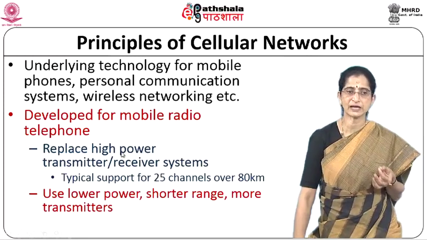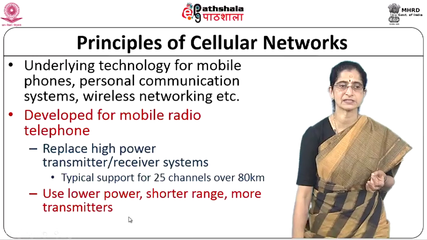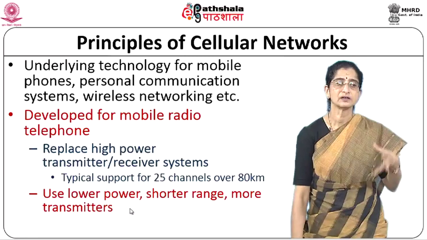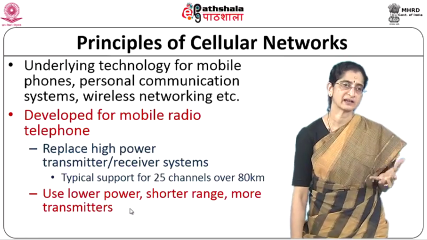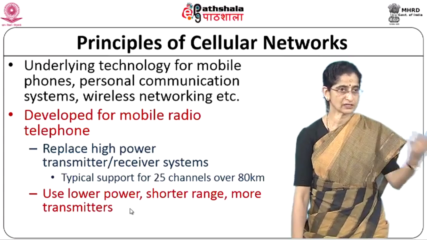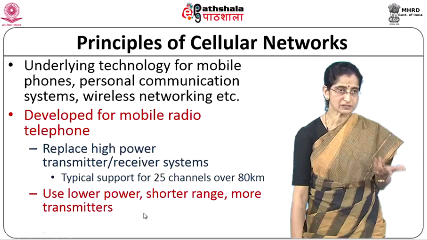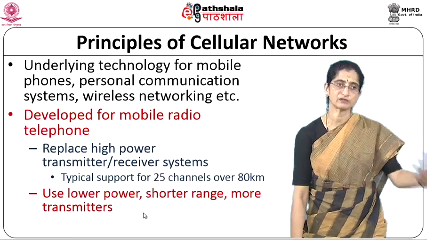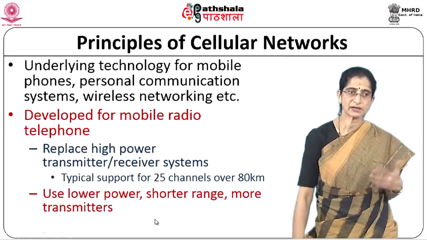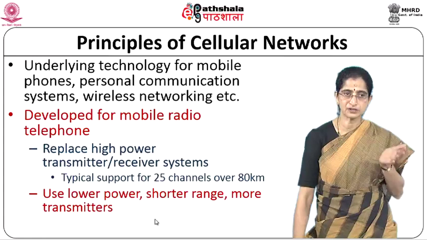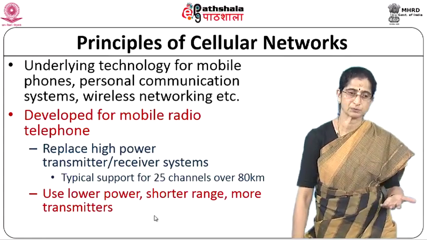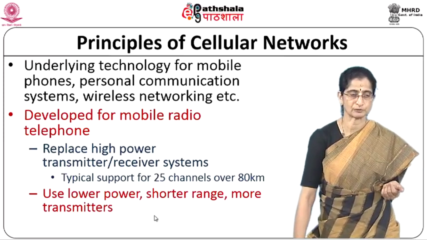The reason we are talking about high power versus low power transmitters is that initially when they started off with wireless networking, you had one single huge transmitter for an entire area like a city and all receivers were connecting to that one single transmitter in order to transmit data to each other. Obviously this was not a very viable solution because you needed a lot of power to be able to communicate with that central device. Which is why the idea of dividing an entire region into small cells and using multiple antennas in each of them was proposed, and that is how the cellular technology was born.